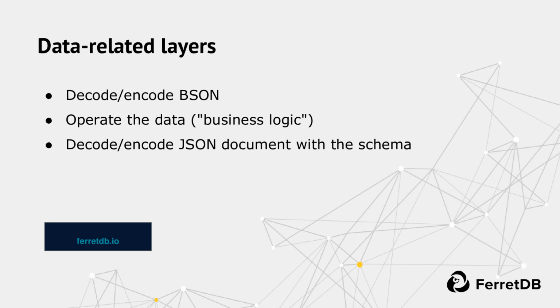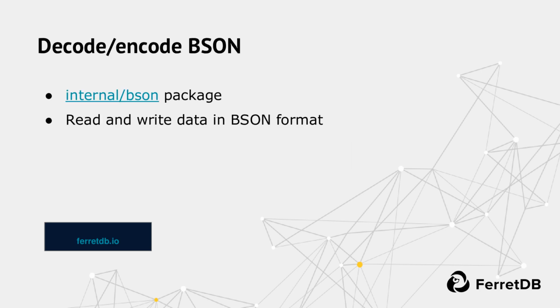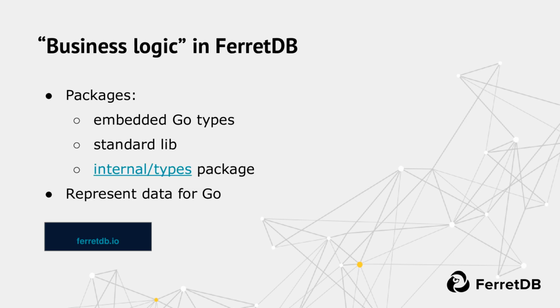And how did we start? First of all, we need to work with BSON. Because we work with Go, the very natural thing to do is to offer a dedicated package that will just work with BSON, which will parse it and write it, and that's the exact thing we do. And again, as FerretDB is open source, you can just take a look at what exactly we have there. As BSON is a very exact format, it is possible to parse the data and encode and decode it. Basically, I guess you don't want to operate on the data in BSON, so you will have to translate it to some other layer. And this layer of business logic can be presented in different ways.